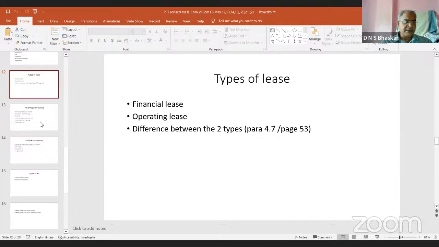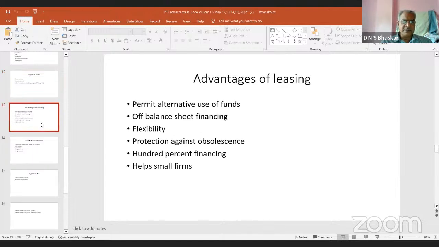Then the next important topic is the advantages of the leasing process. In the case of advantages of leasing, normally we come across that it permits the alternative use of funds. That is one. So when we are talking about the